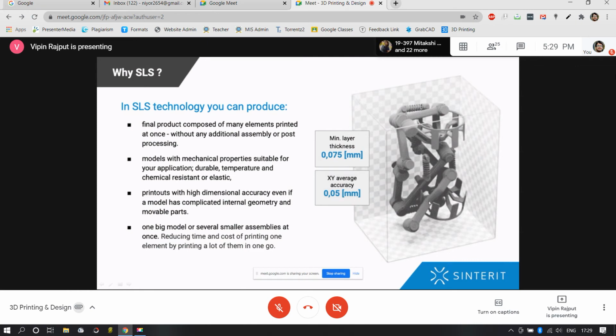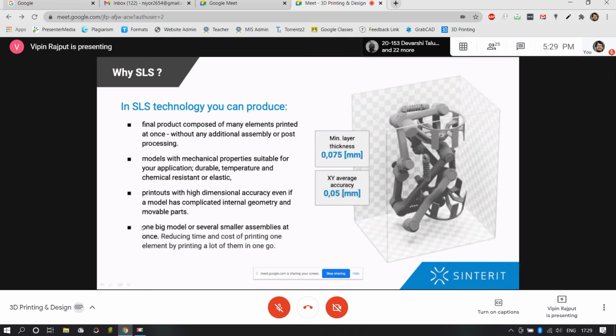So the last point says one big model or several smaller assemblies at once, reducing time and cost of printing one element by printing a lot of them in one go. I'll not answer this question as of now.